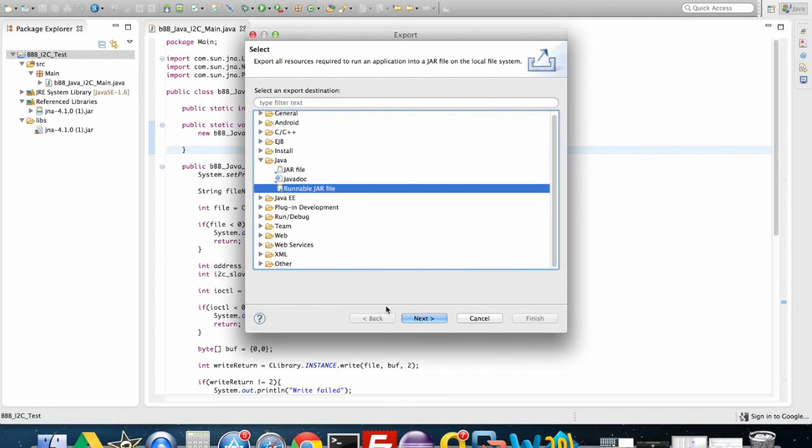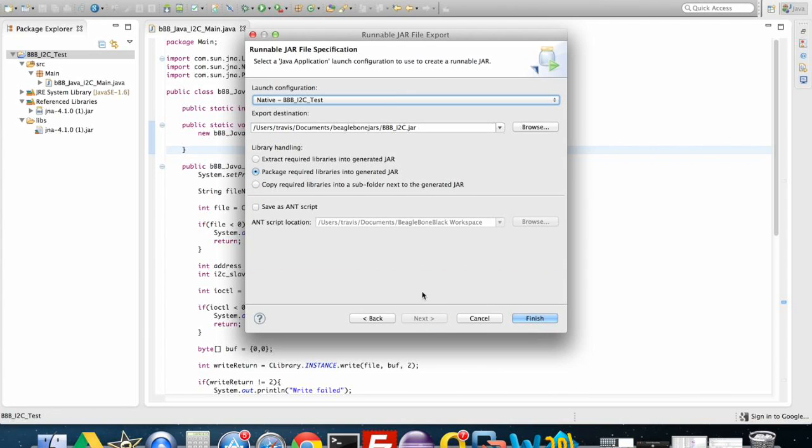Runnable jar file, and then we'll click Next. You want to make sure in your launch configuration that you've got that set there, and then you'll want to have an export destination, which I have a folder in my documents folder called BeagleBone jars, and that's where I'm putting it. You'll need to put in a name for this BeagleBone jar. I put in